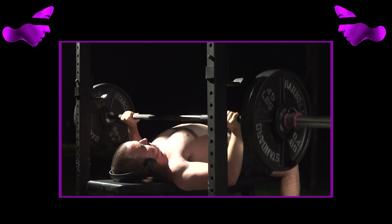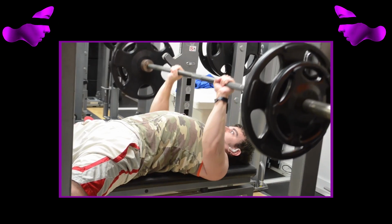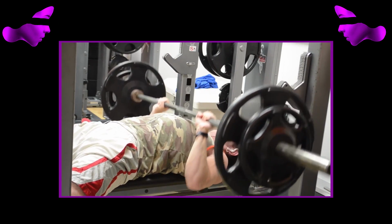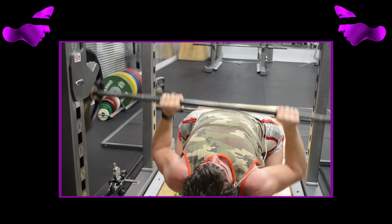Whereas if I valued general strength right now, I would move to close grip bench. But that's not really experimental at all. I've done that for countless years, and it has never transferred well to my competition bench press. So I'd do that. It would feel like the right thing, but I'd just be spinning my wheels and making no gains. And I think that's really what separates lifters who continually progress versus those who kind of flatline